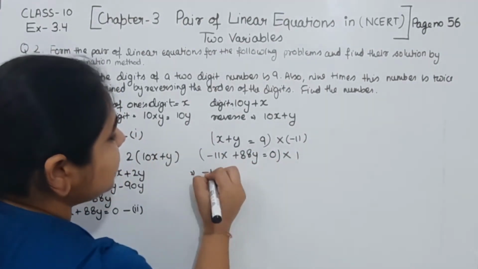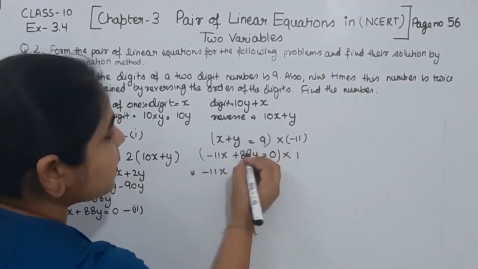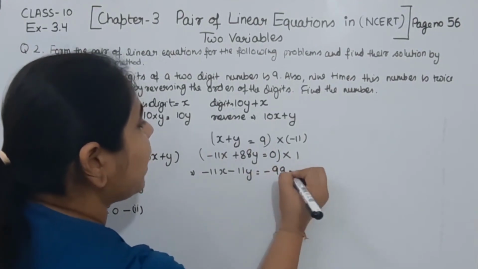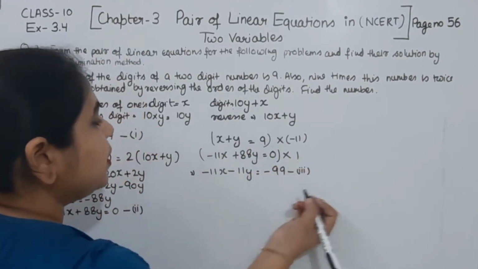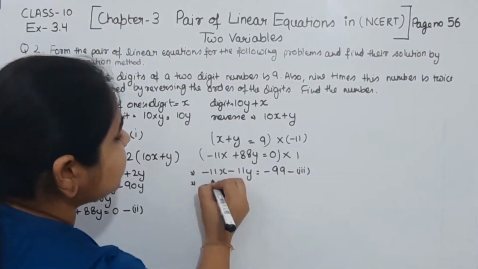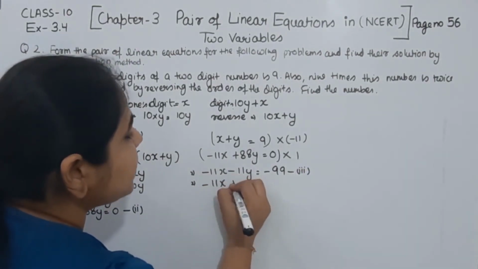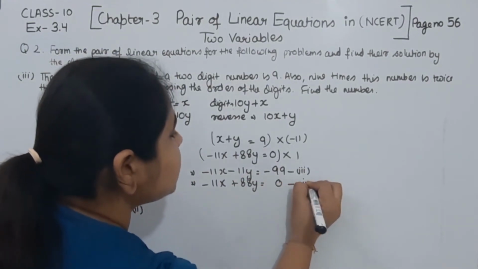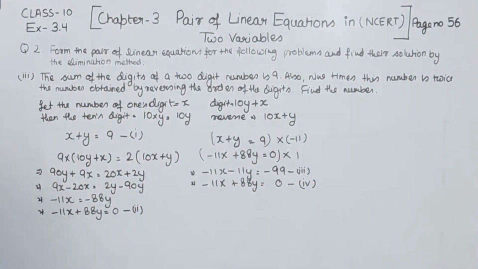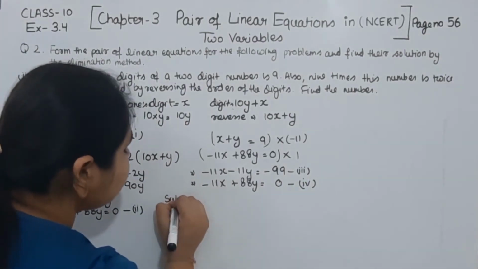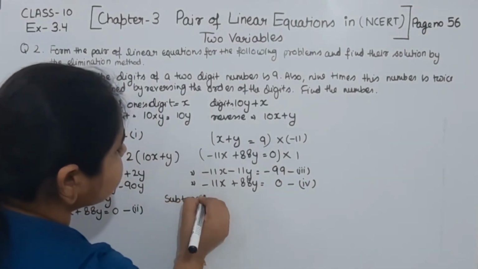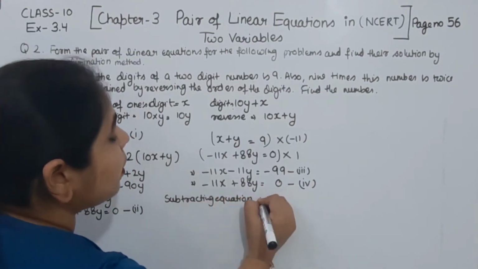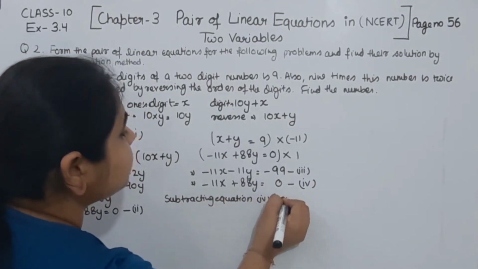Now we are having minus 11x minus 11y is equal to minus 99. This one is equation number 3. Now comes equation number 4. This one is minus 11x plus 88y is equal to 0. This one is equation number 4. Now I'm going to subtract this one, subtracting equation 4 from